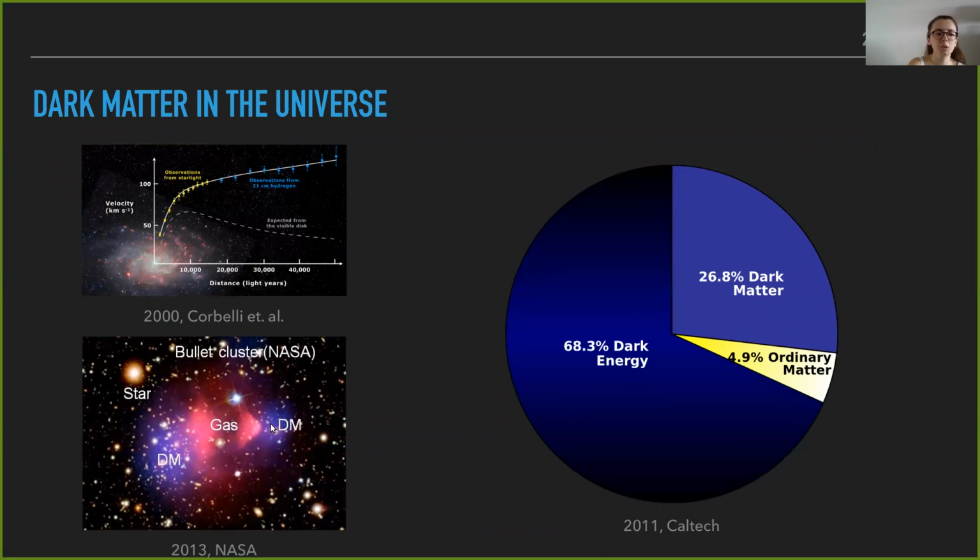Let's start simple, namely with the general motivation why physicists are interested in dark matter. The reason is simply that there is evidence for it, like in the rotation curves of galaxies or in the bullet cluster. As we can see in this diagram, there is roughly 5 times more dark matter in the universe than ordinary matter. Or in other words, there's a lot we do not yet understand.